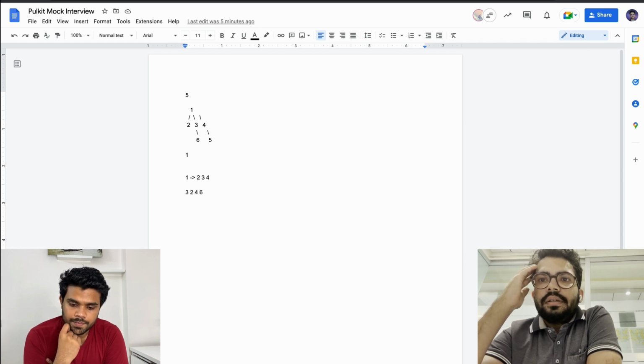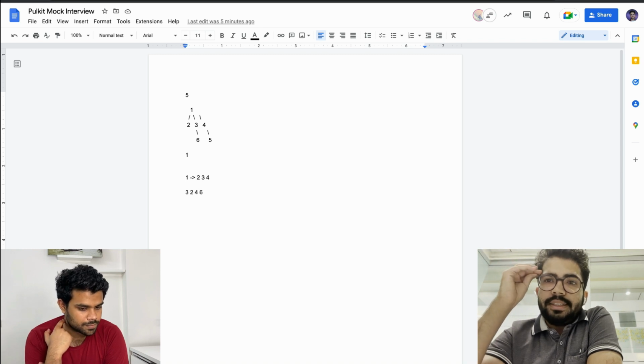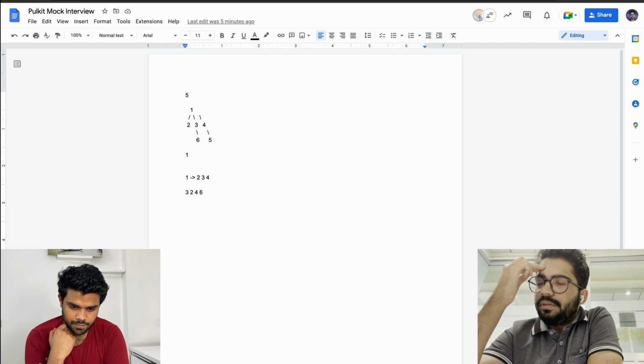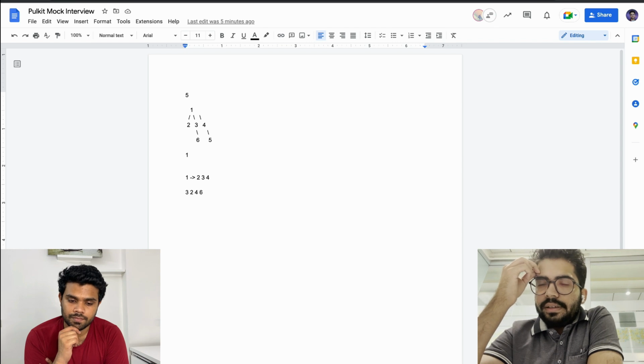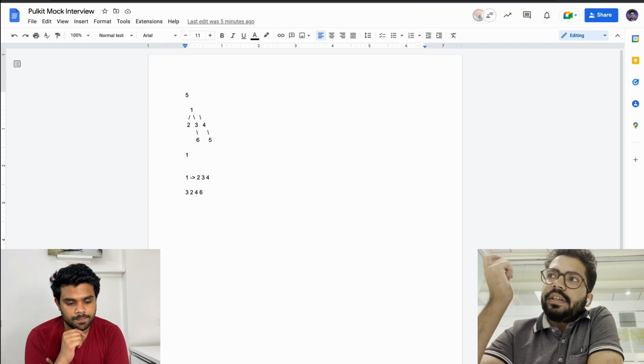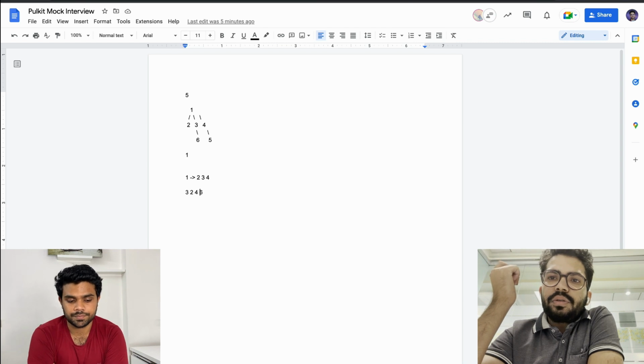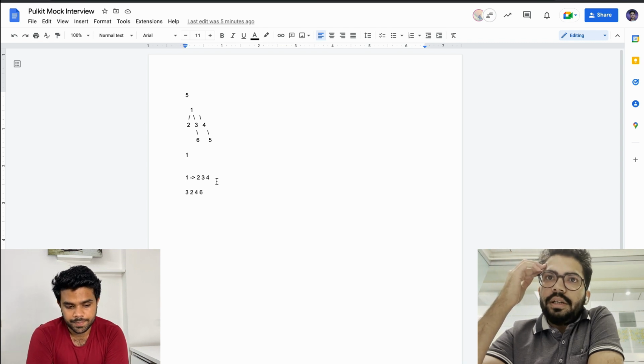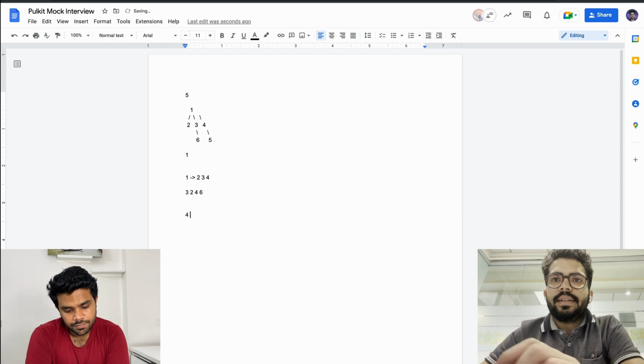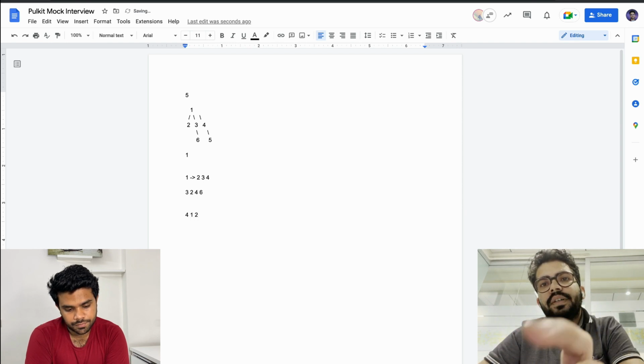So basically what I can do is I'm thinking of it in this manner. The approach that I'm thinking right now will have a time complexity of n log n. I'll share it with you, but if you think we can optimize it even more, then we can think of something else. As of now, what I'm thinking is the sequence that you have given me, the BFS sequence, I'll store the indices of each and every node.